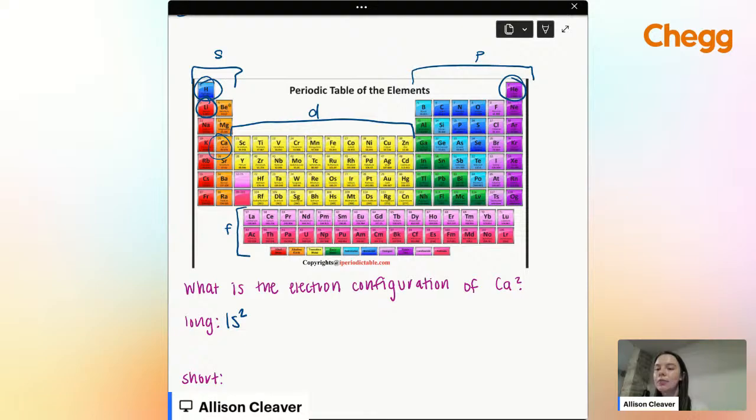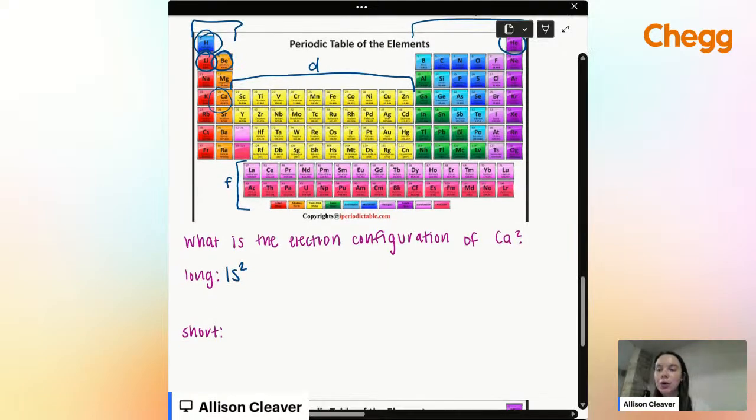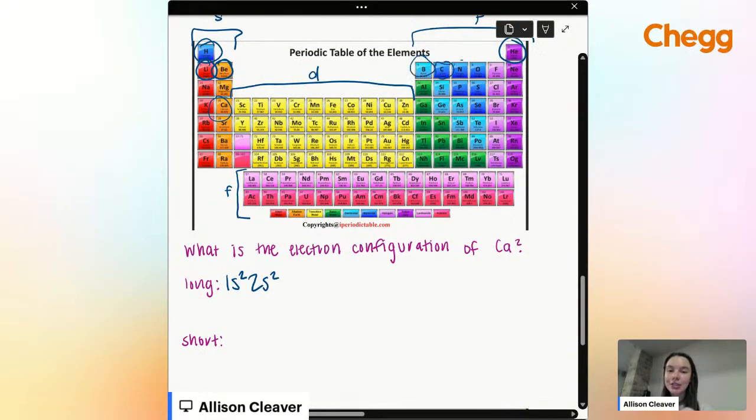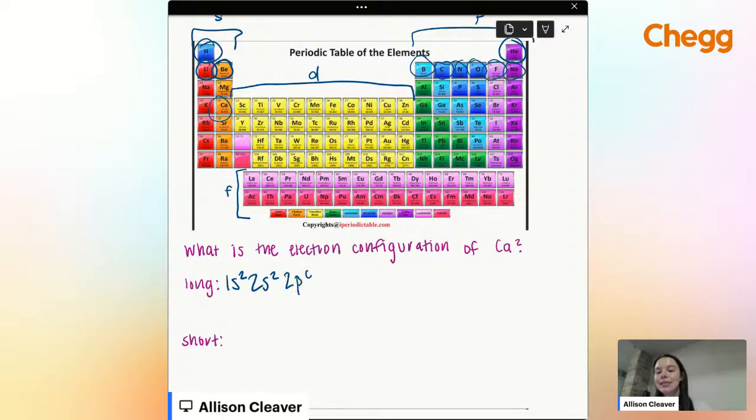Then we go to lithium and beryllium. So we have 2s2. That's our 2s category. And then we have boron, carbon, nitrogen, oxygen, fluorine, and neon. That is our 2p6. So 6 because there's 6 elements, 6 electrons. Also, another way you can count is by atomic number. We'll do a little check and I'll show you more about that. But atomic number, so 5, 6, 7, 8, is also how many electrons are present in that neutral element.